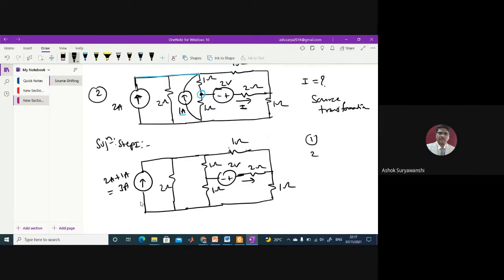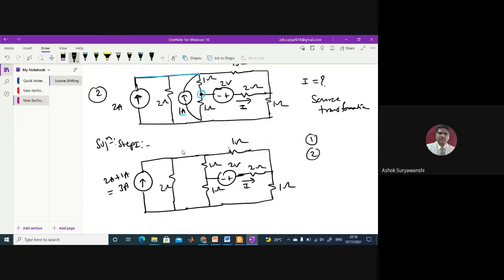And number two is that you should know what you are calculating. Suppose in the previous case, we were calculating Vx. In this case, you are calculating I. I will give the analogy of films, right? In most of the movies, maybe 90-95%, the hero is alive till the end of the movie. There are a few exceptional movies wherein the hero dies in between, but forget about that. Let us consider the movies wherein the hero is there till the end of the movie.